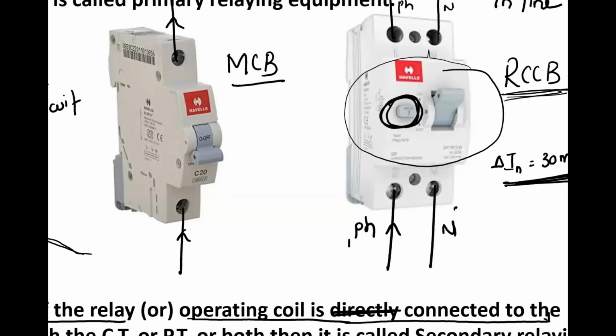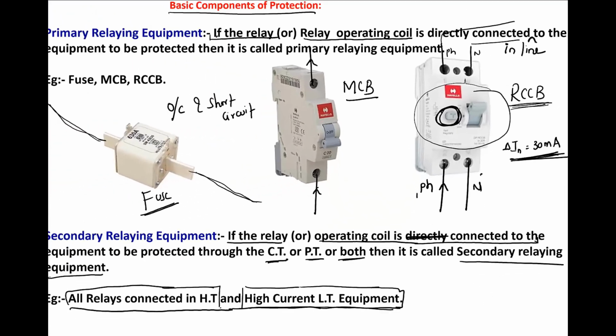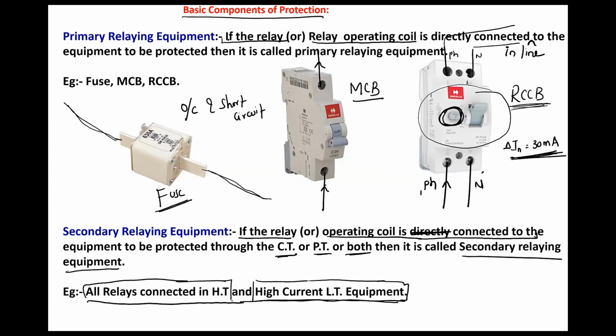Every month you have to press it one time and check whether your RCCB is functioning or not. It is mandatory in industry to check all the earth leakage or ground fault relays or earth fault protection once in a month, whether they are properly tripping or not. That is why every earth fault equipment will have one trip button. Every month you just go and trip it, to check whether the trip mechanism of that RCCB or ELCB is functioning, because they deal with human life. That is why they have that much importance.